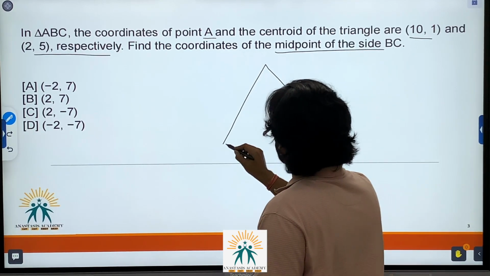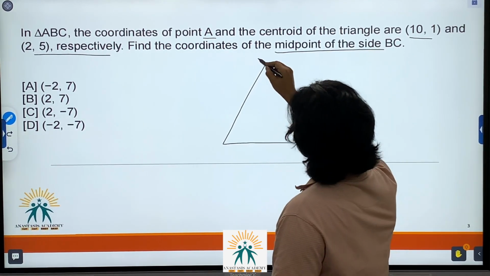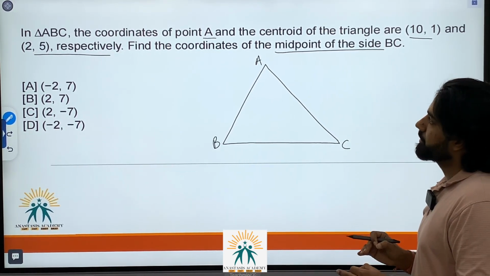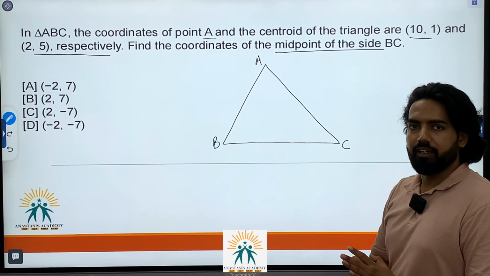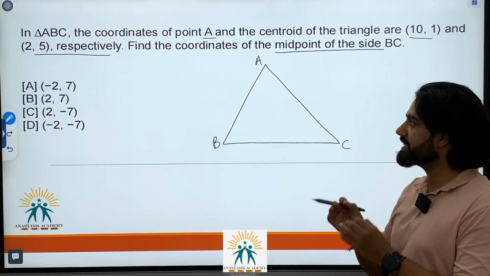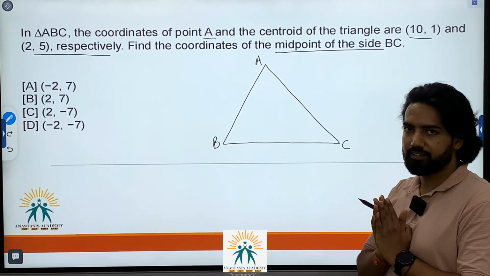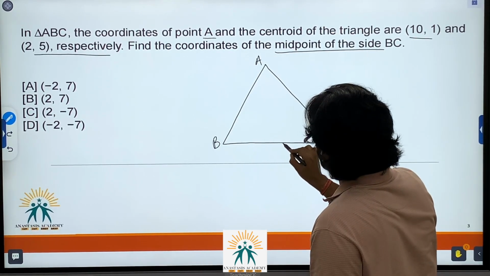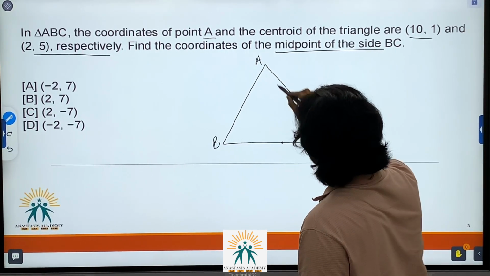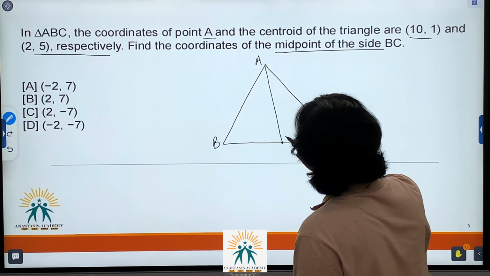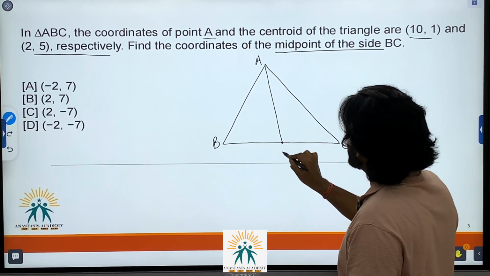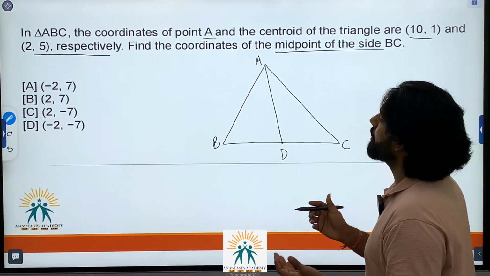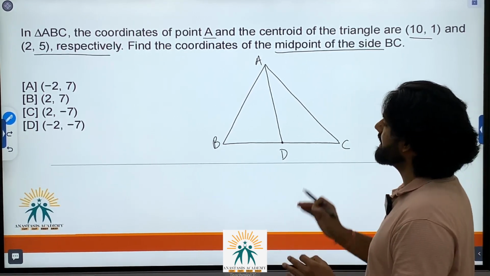So this is triangle ABC, right? This is A, B and C. Coordinates of the centroid are given, and the centroid is the intersecting point of all the medians, right? So if I join this vertex A with the midpoint of BC, I would get this median. I am calling this point D, right? I'll get this median AD, and I know the centroid will lie on this median because the centroid is the intersecting point